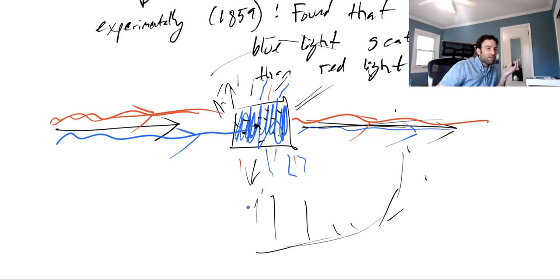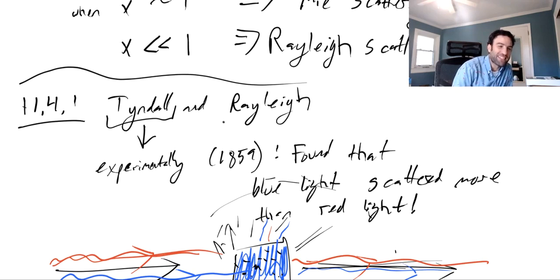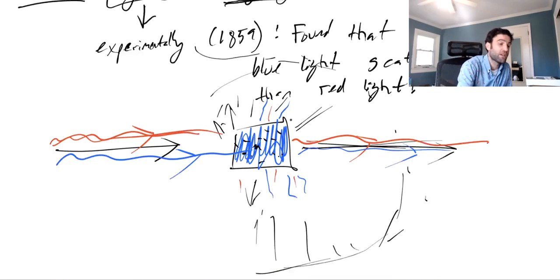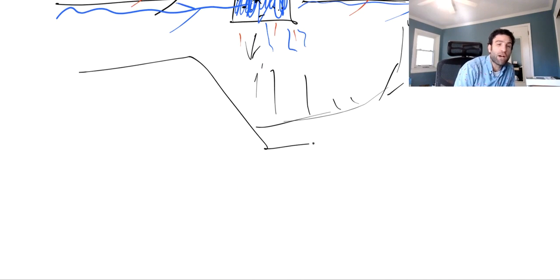Okay. Lord Rayleigh, who's a very prominent scientist of the mid to late 1800s, studied this phenomenon in a huge amount of detail. He really looked through all of the experimental data that Tyndall and others were collecting, and together with thinking about the idea that light might be an electromagnetic wave, and the theory of electromagnetism was only just being developed around these times, Rayleigh realized that he could understand Tyndall's data. Okay. And I don't want to talk too much about the details, but I just want to give you a feel for scattering